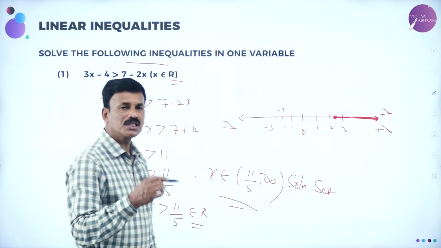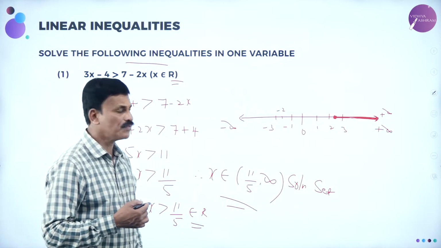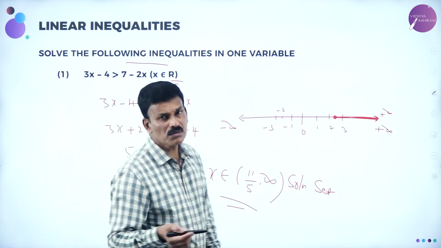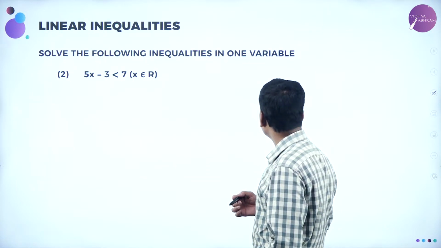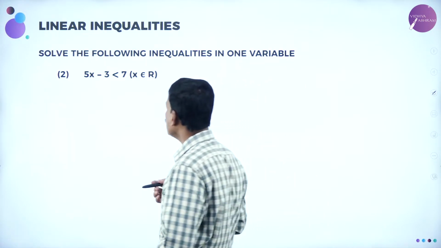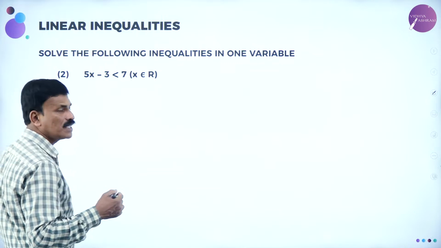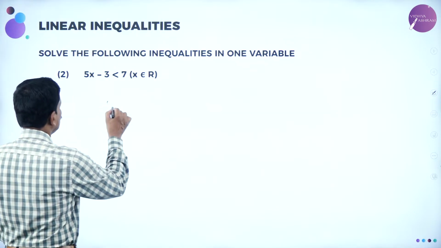That's it. So the solution set is x belongs to 11 by 5 comma infinity. Now let us take a similar type problem. Solve the following inequality in one variable. Okay, what is given? Same type problem. 5x minus 3 is less than 7. So the given equation is